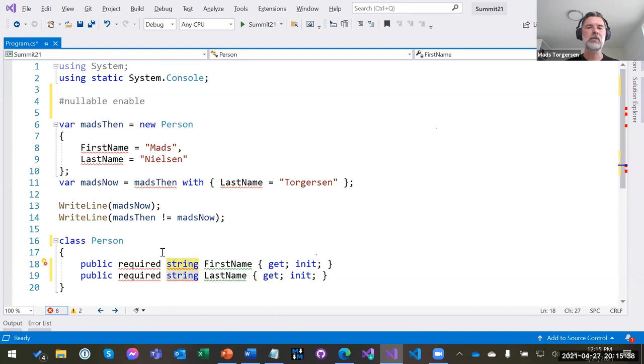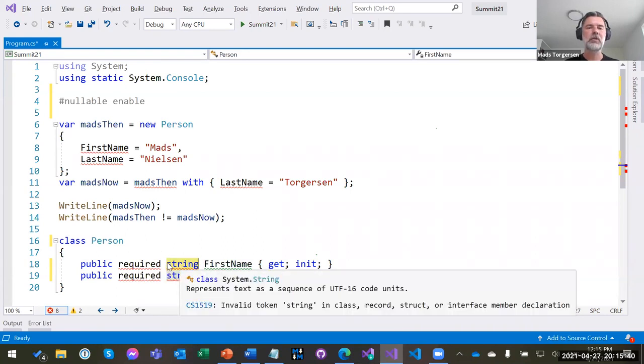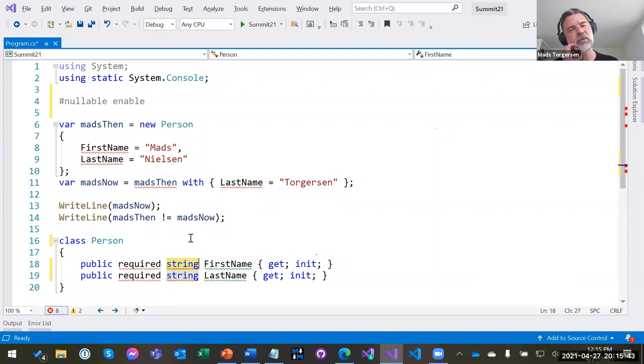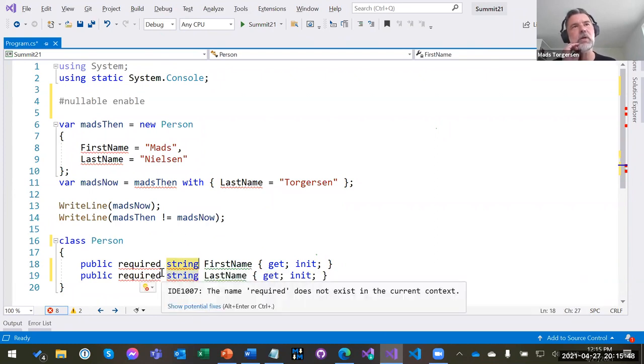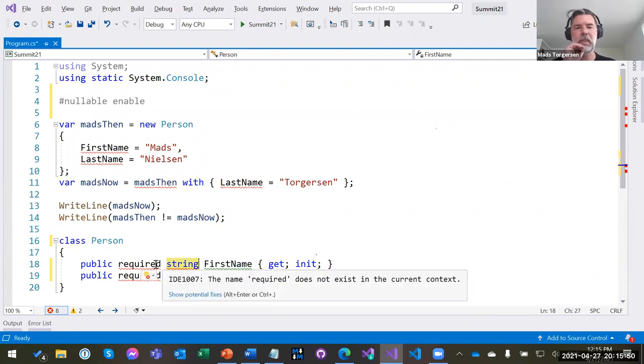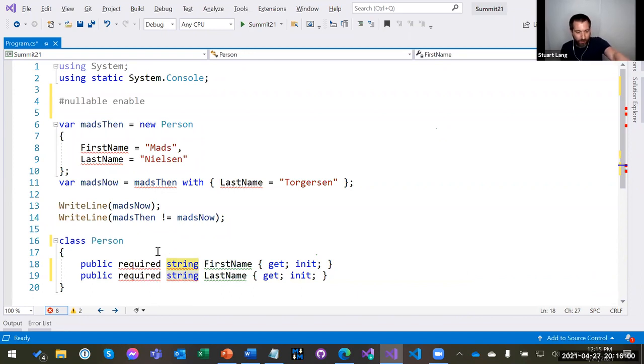Yeah, I think it's mostly whether you can infer. It's not always what you want. It might typically be what we want, but not always that it's required. Could be that you have a constructor that initializes it, and then you don't want to require people to also have an object initializer for it. I mean, in that case, it wouldn't compile here, right? With required out, it would say, oh, you can't have this property be non-nullable and uninitialized. If you see what I'm saying.